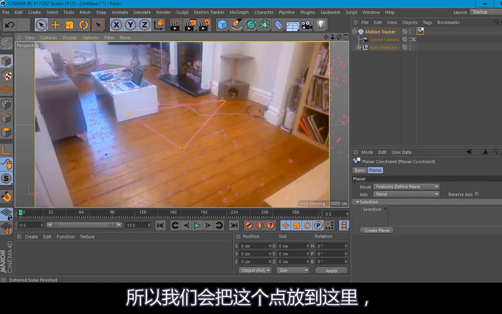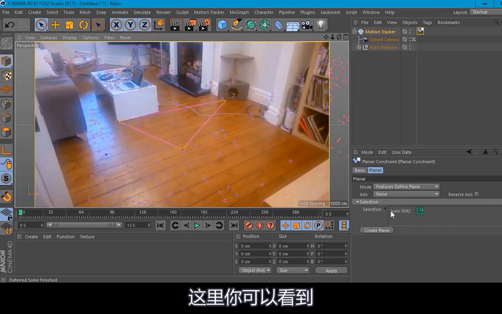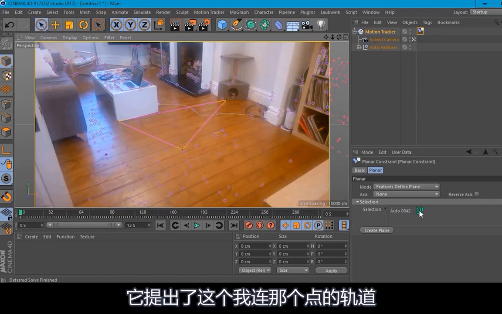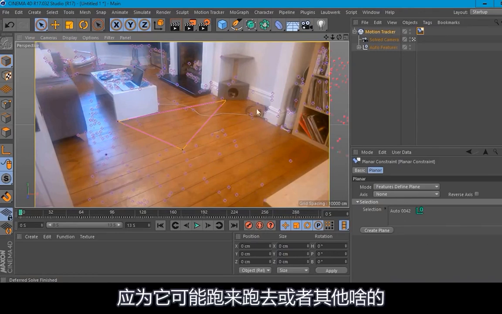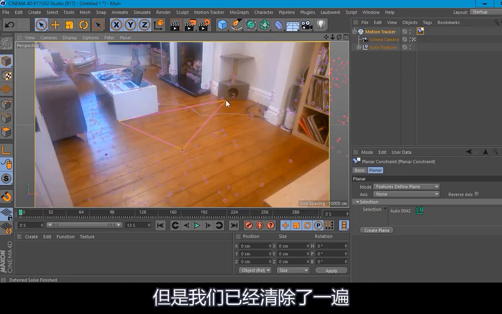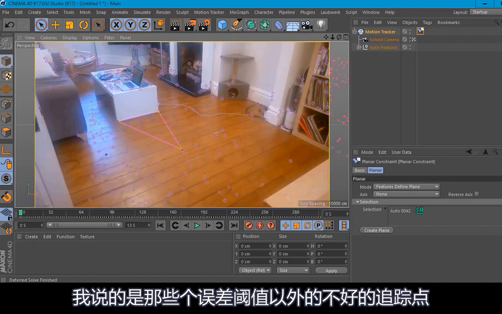So I'm going to put this spot here, and as you can see in here, it brings up the track that I've connected that point to, and this is green, which basically means it's a good track. If it was red, you probably wouldn't want to put that point on it because it could be jumping around or whatever. But we actually eliminated quite a lot of those bad tracks earlier with the error threshold,